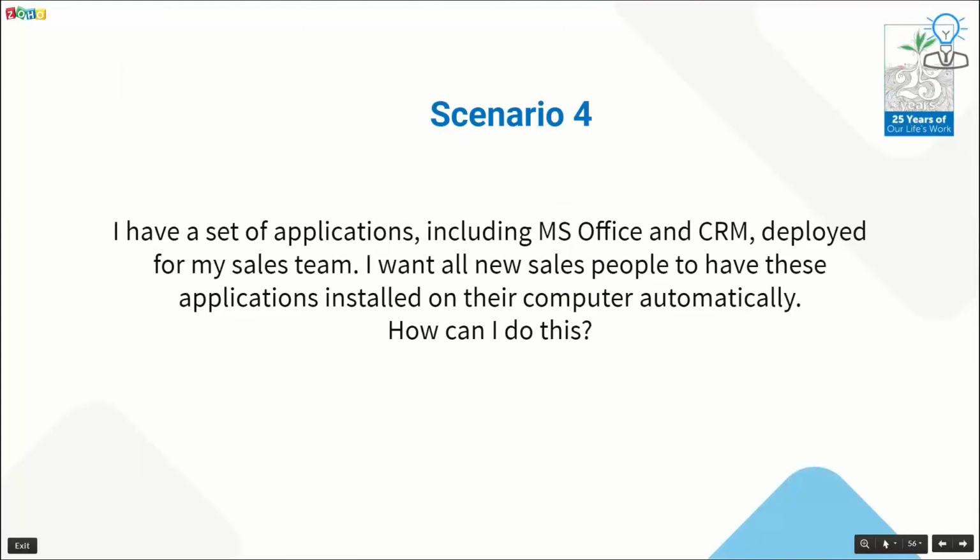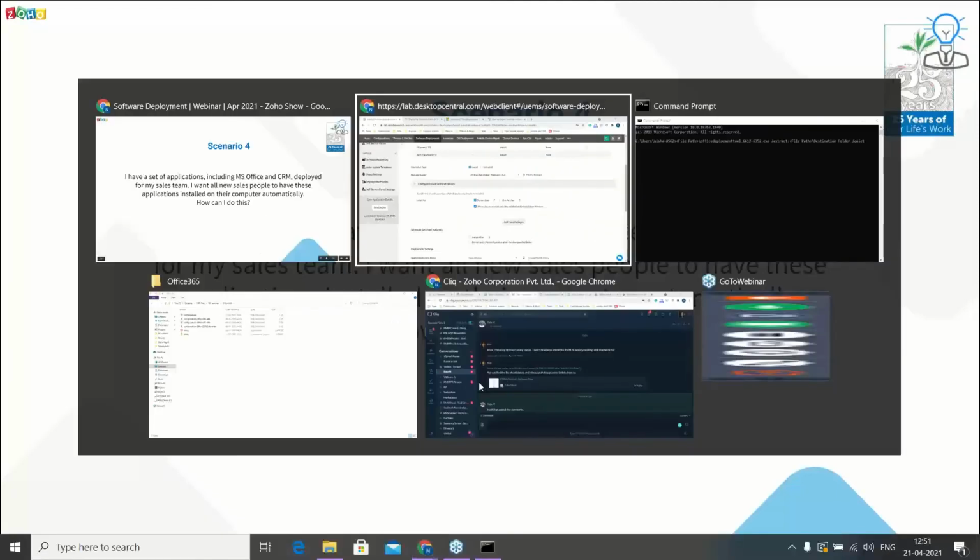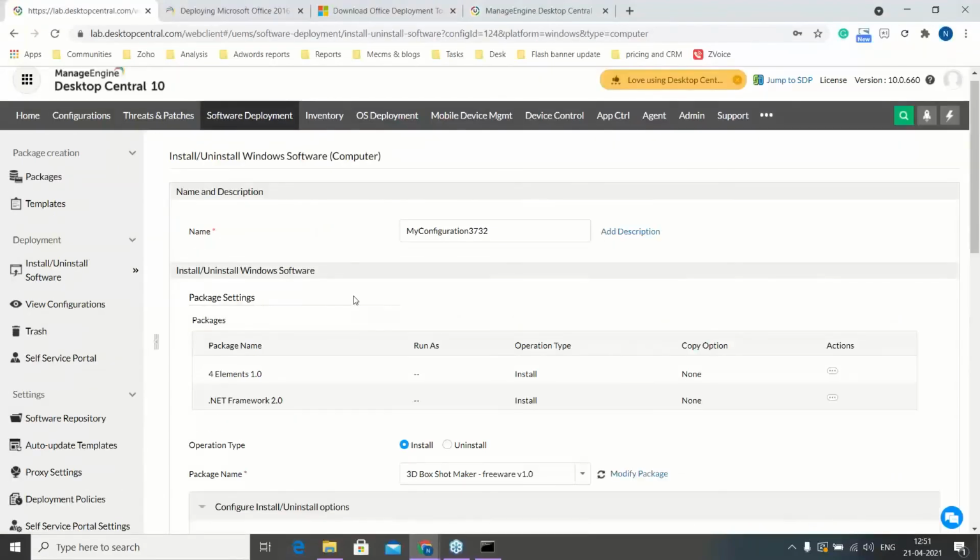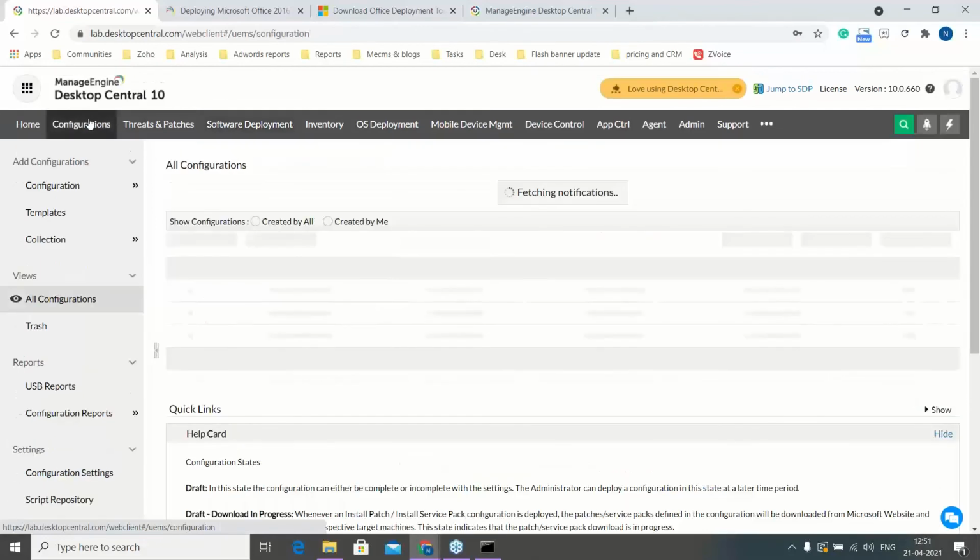Here's another scenario that we received in our support. I have a set of applications, including MS Office and CRM, deployed for my sales team. I want all new salespeople to have these applications installed on their computers automatically. How can I do this? Now, this process, not just for applications, but for any deployment configurations that you have set, can automatically be deployed to your new devices. Go to Configurations tab,